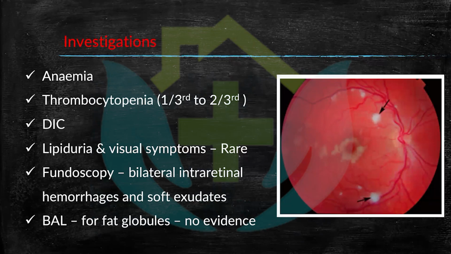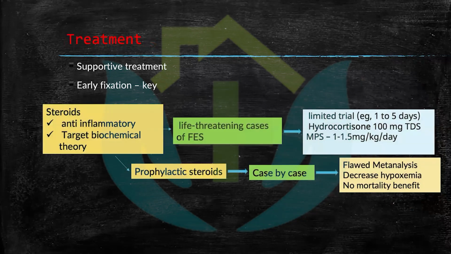Next, we can also look at the retina, because the eye is directly connected to the brain and is kind of the gateway to look at your brain. If you look at the retina, you can find multiple small coronal spots and some blotch hemorrhages. These are the most common symptoms, I mean findings, in the retina.